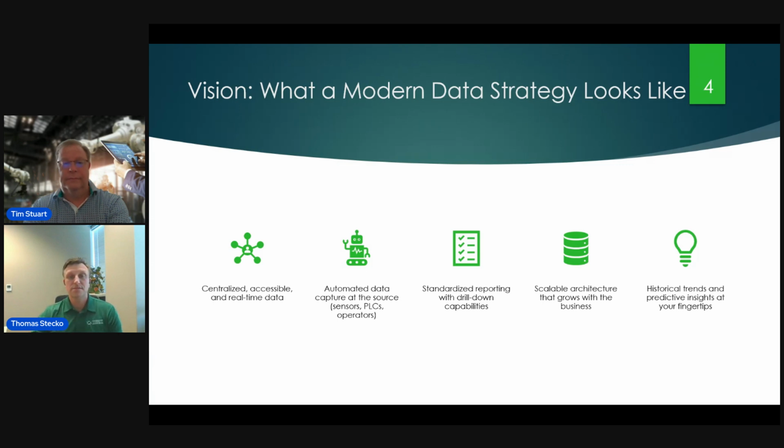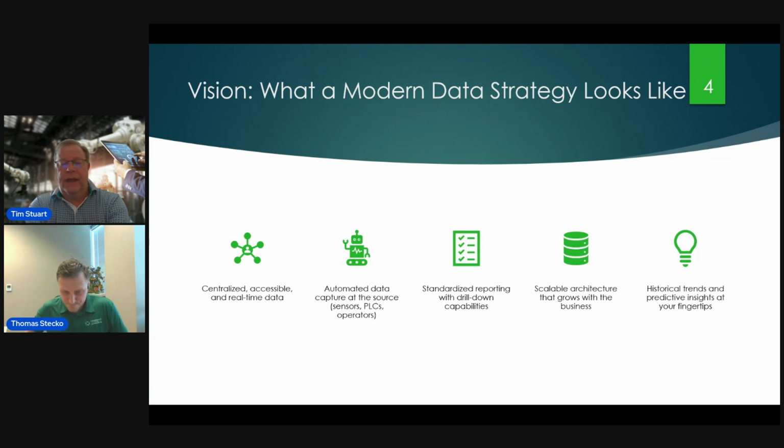But the goal here is to rely on data that you can trust, with scalable solutions that adapt as our processes evolve. If I can build a template for one machine, and I know that customer has a second or third plant with the same machine, the same shapes, with the same parameters, I can generally use that template and all the same parameters for that dashboard to make it work at any site. We're not just building for one customer; we're actually building for that whole portfolio. So this is really what the modern